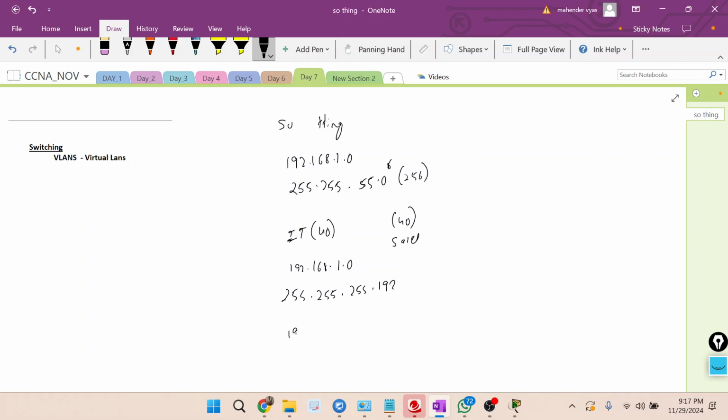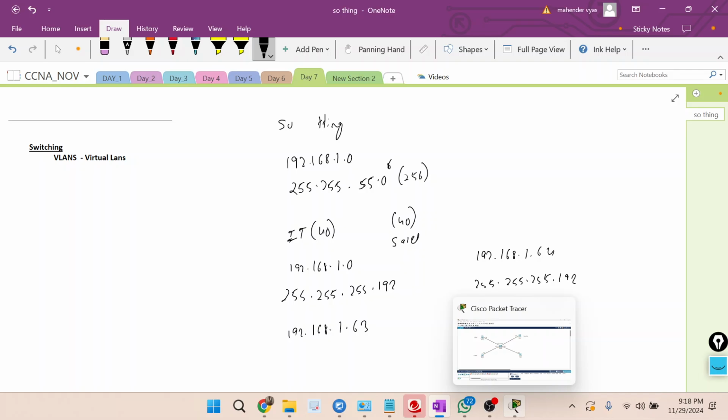The broadcast address would be 192.168.1.63. For sales, here 1.0 to 63 we already used. So for sales, 192.168.1.64. Again the new subnet mask would be the same because the requirement is the same, and 192.168.1.127. Correct? This is our requirement.